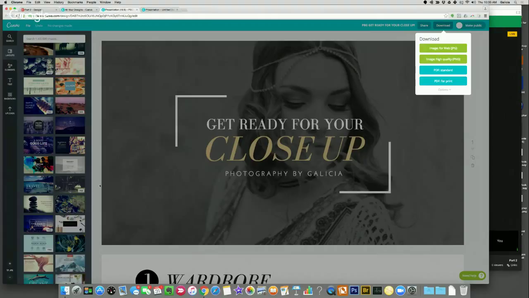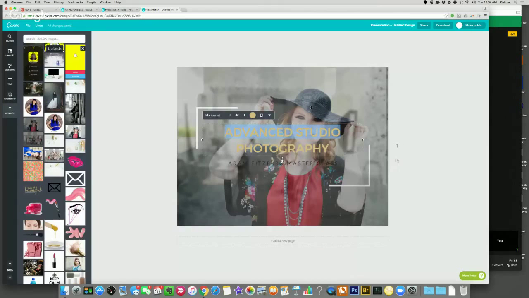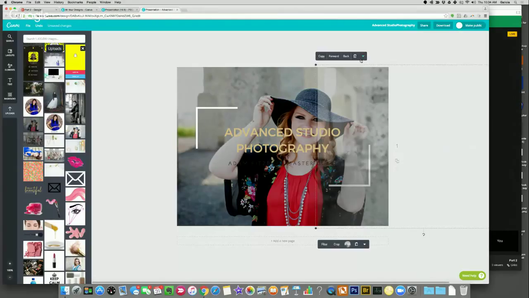All you have to do is just drop in your images, change the font, change the text if you want, and then start designing away. So it's not that difficult. It shouldn't be difficult, I should say, to create one. And like I said, you can do the same thing in Photoshop if you wish. You guys saw me right here, I just dragged and dropped. I'm going to delete that, but